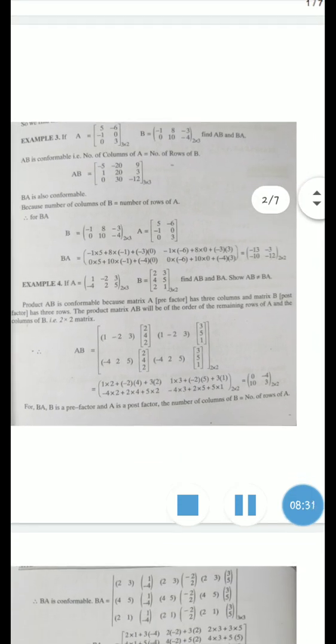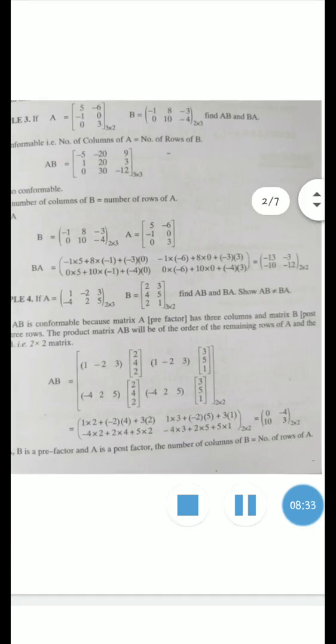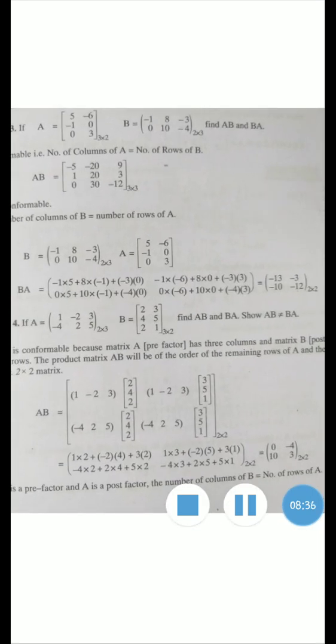So similarly देखो next example में इन्होंने और clearly करके दिखाया है. A is a matrix of order 2 by 3 and B is a matrix of order 3 by 2. Find AB and BA and show that AB is not equal to BA. So, A is a matrix with 3 columns and B is a matrix with 3 rows. So, AB is definable and as a result, we will get a matrix of order 2 by 2. Now, first row of A is 1, -2, 3 and first column of B is 2, 4, 2. So we'll multiply them. देखो इन्होंने यहाँ पे थोड़ा डिटेल में लिख के दिखाया है.